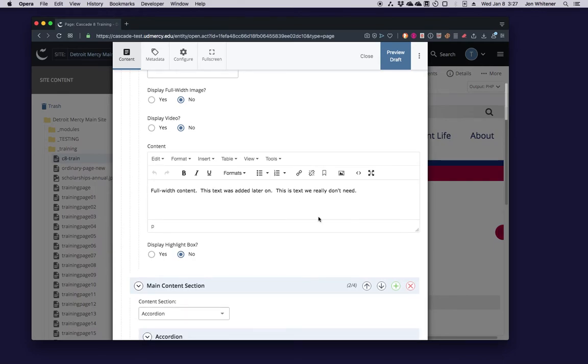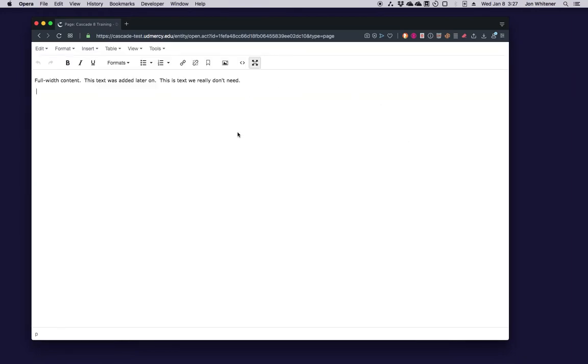And while I'm at it, this is called a WYSIWYG, what you see is what you get, editing field, also called a rich text field. This is where probably most of your content is going to be typed into. This has its own full screen option, and clicking that will give you a lot more space to work with and clear out a lot of extraneous background stuff that might be distracting.